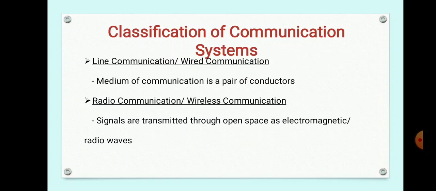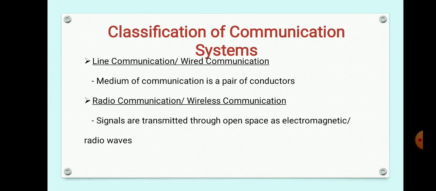So next is the classification of communication systems. Communication systems can be classified in many ways. You have heard of radio communication, television, mobile communication, etc. This classification is based on the technology used for communication. So based on the technology used, communication systems can be classified as radio communication, mobile communication, television, telegraph, computer, like that. So we have to focus on the classification of communication systems